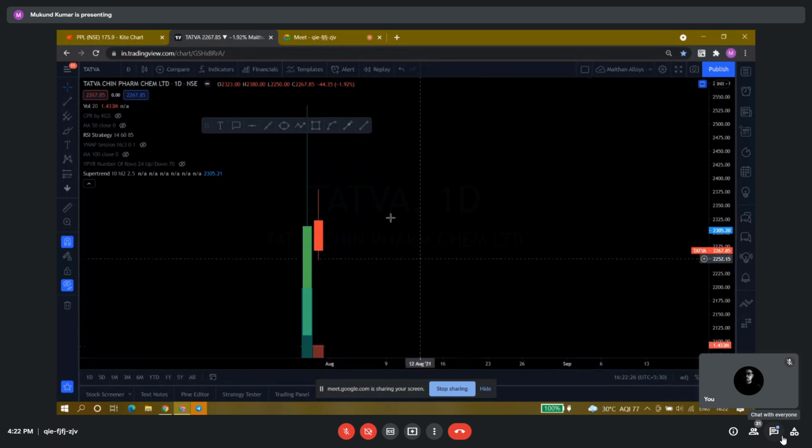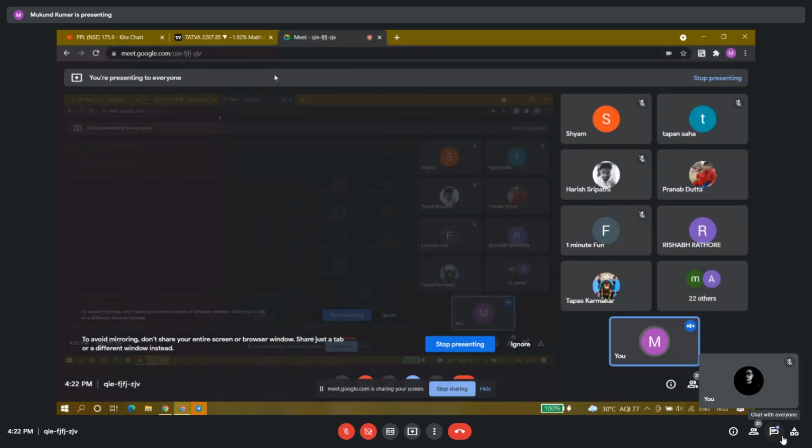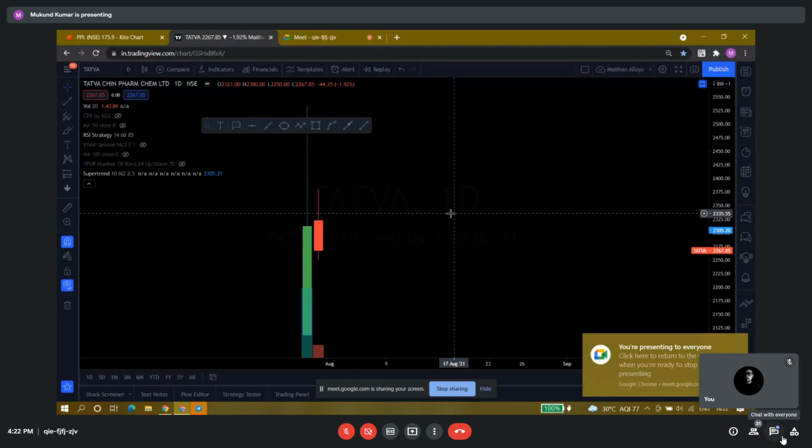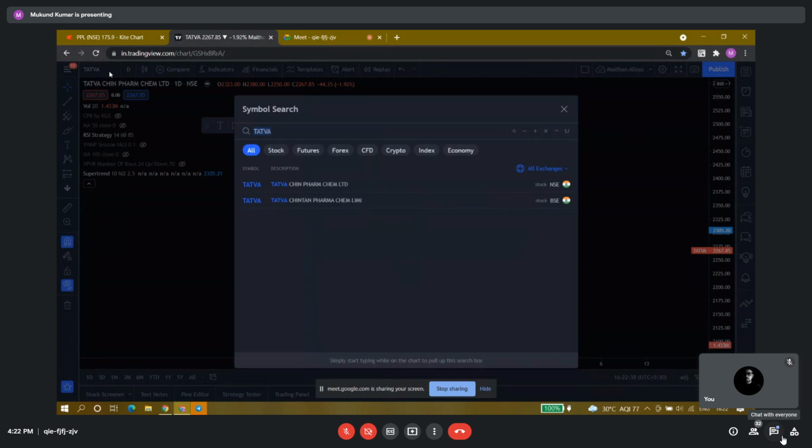Any other query? Hey Mukund, yes. I am asking, suppose we are trailing the SL and it crossed our second target, and then you revise the SL and target. So should we keep trailing the super trend, or follow the revised ones? Follow super trend. For now I was trailing the stop loss just because you were not knowing this concept of super trend trailing stop loss. But since now I have introduced this concept to you, there is no need to follow any other thing. You will simply follow this super trend trailing stop loss concept after the first target is set.